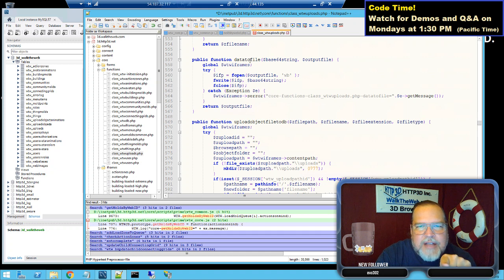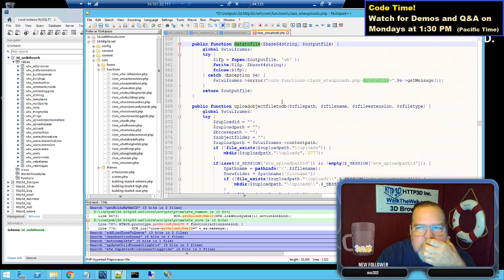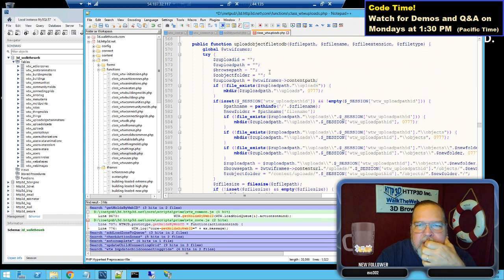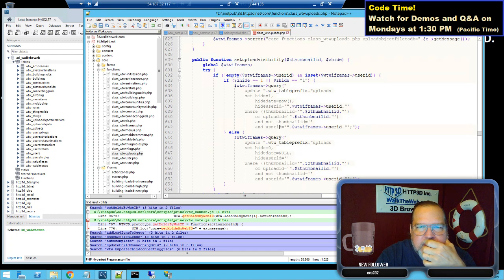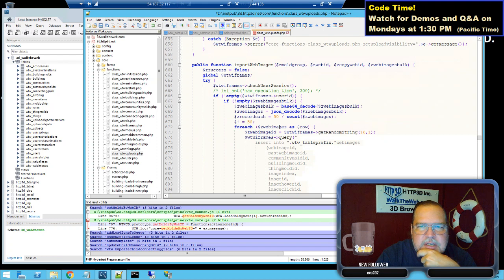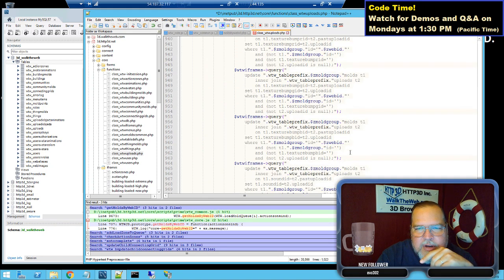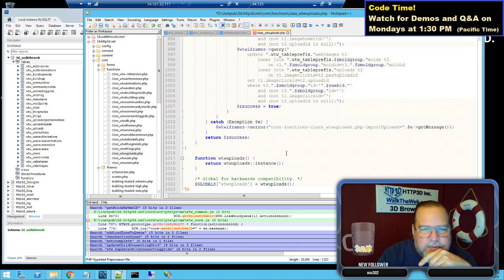That may do exactly what I'm looking to do. And not necessarily. Upload object, nope. Set visibility, and then web uploaded images. Okay, so what I'm seeing is that I need a simple process,